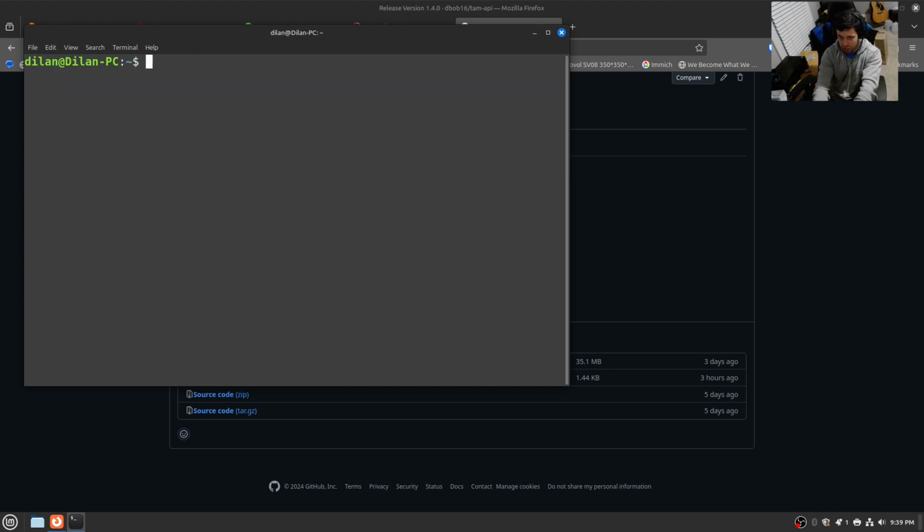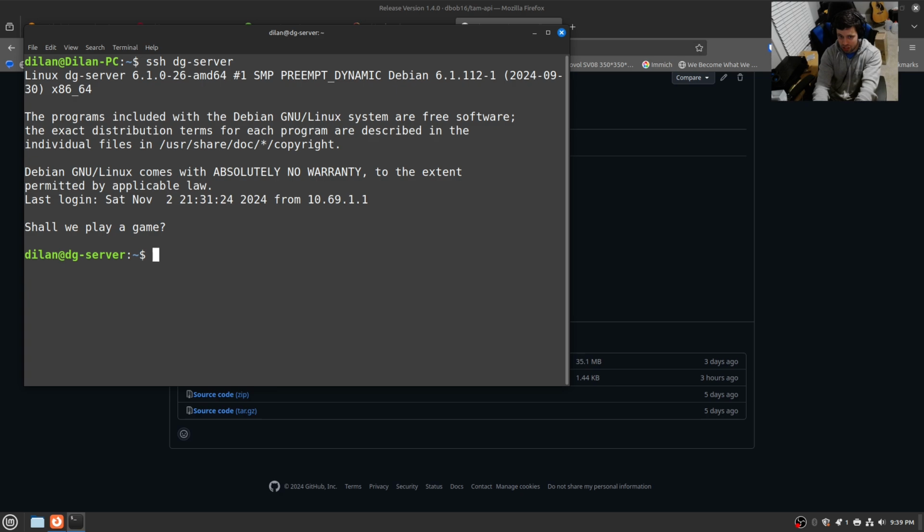Since I'm already on this computer, I need to set this up on a server, so I'm going to SSH into my server. I have it aliased already, so that'll SSH into it, and this is what it looks like when you SSH. It tells you, essentially, a banner for the server. And then